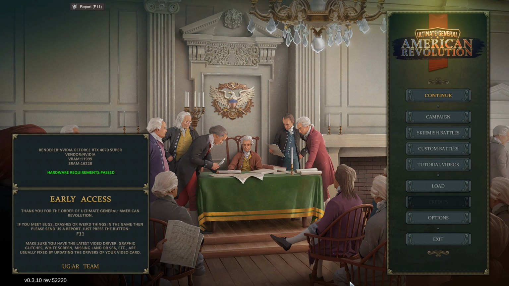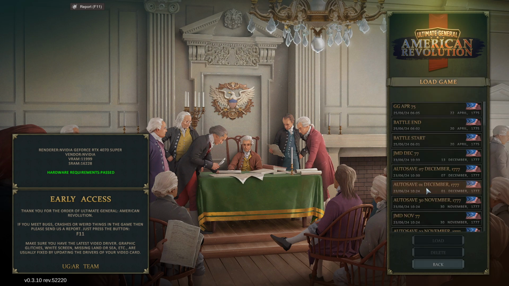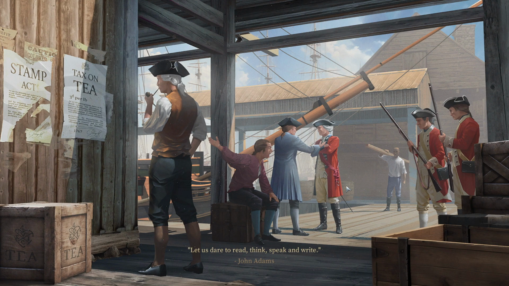Hello everybody, this is No Ports continuing on my playthrough of Ultimate General American Revolution. And from my first steps video, we had gone ahead and captured Providence and Newport and just finished the Battle of Lexington and Concord. Today we are going to be looking forward to continuing more of the campaign and establishing